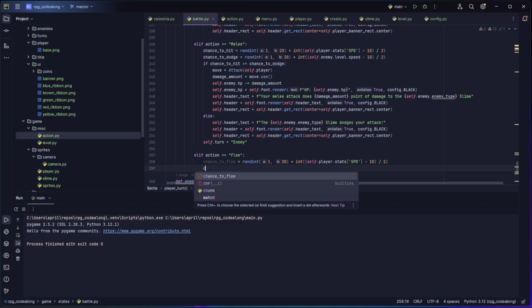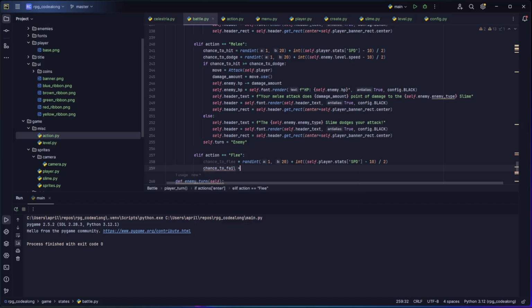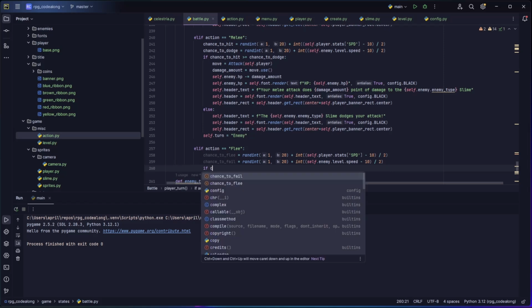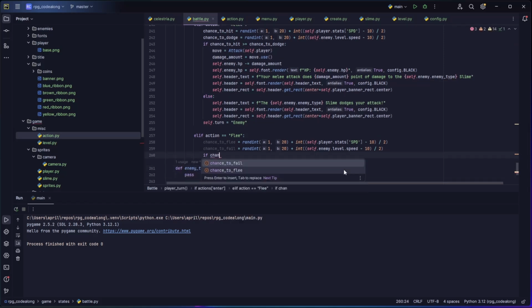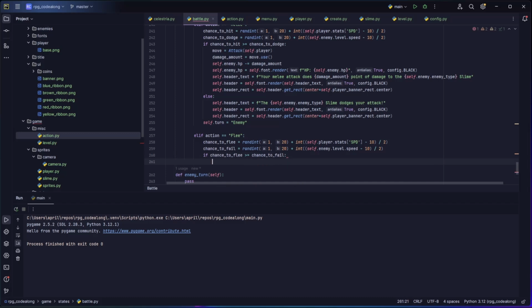Chance to fail equals, and this is going to be the enemy's speed plus the modifier, or the random integer plus the enemy's speed modifier. If chance to flee is greater than or equal to chance to fail, then we'll do self.exit state, else,